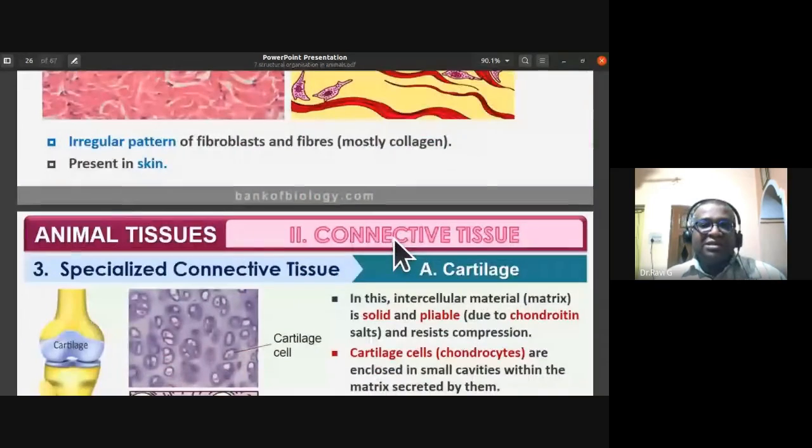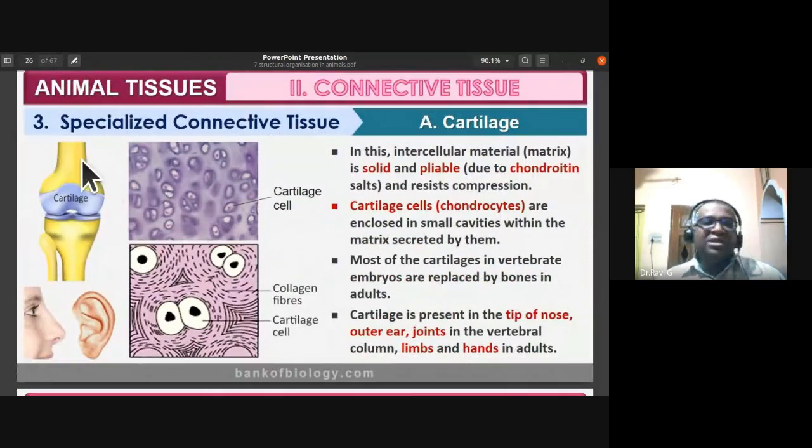So cartilage you might find at certain regions. See the bones, they are covered by this cap-like structure called cartilage. The nasal part of it, they are made up of cartilage. They are flexible, isn't it? The pinna of our ears, they are made up of cartilage. Here in the trachea, they have C-shaped cartilaginous rings, so they prevent it from collapsing. So the trachea is made up of C-shaped cartilaginous rings.